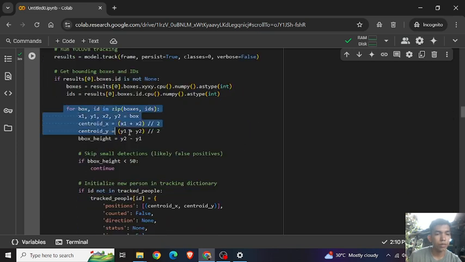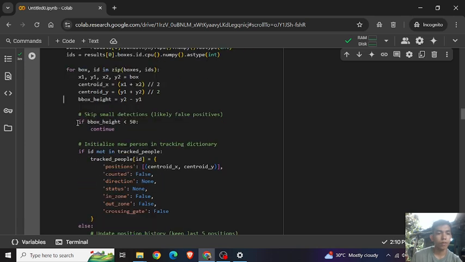So this code gets the bounding box coordinates, and calculates the center of the person, centroid_x and centroid_y, and measures the height of the box to filter out small false detections. So if bbox_height is greater than 50, continue; it skips detections that are too small.